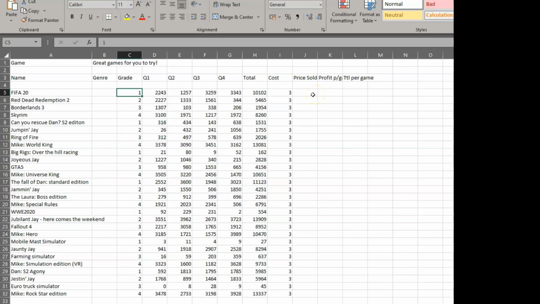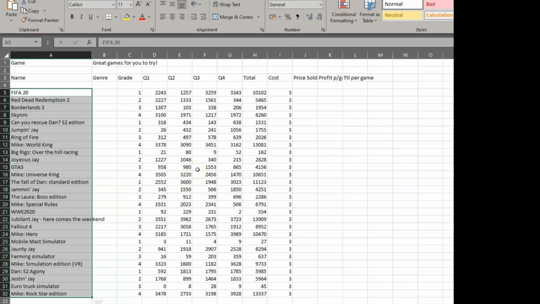But what this kind of thing is useful for is once you've set up this VLOOKUP, you can imagine that in a real-world store, you don't have 28 items. You have hundreds and hundreds of items, and you might have hundreds of items which are grade 1. And if you want to change the price of grade 1, you'll have to go through each and every one of them, which of course is going to take you a vast amount of time and potentially has room for errors. So what we're going to do is we're going to set this up,